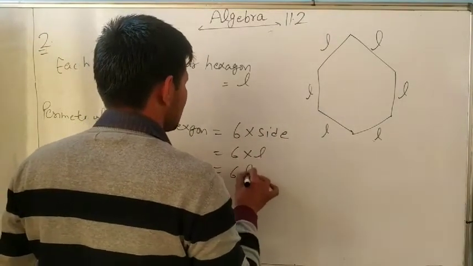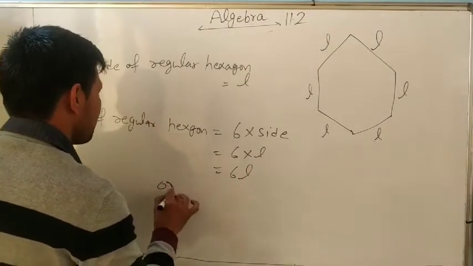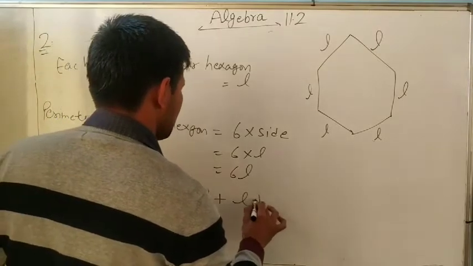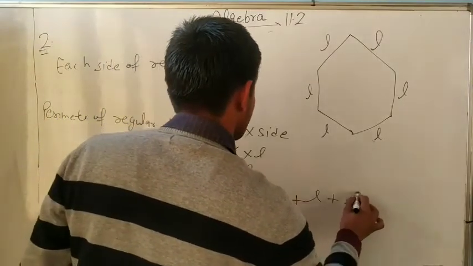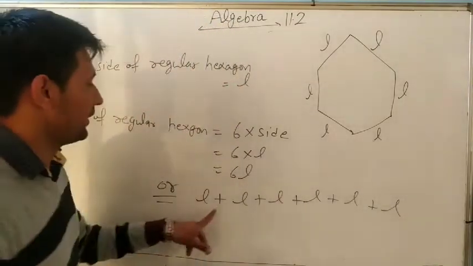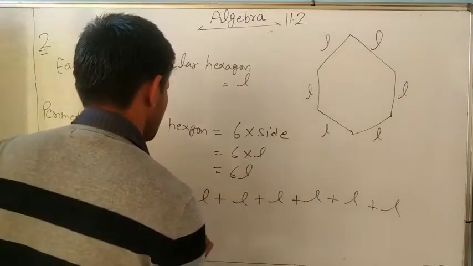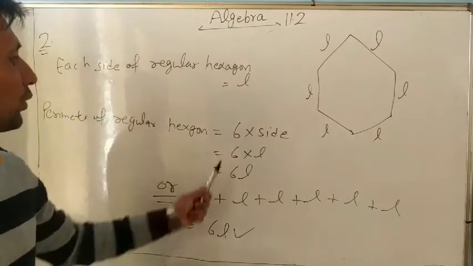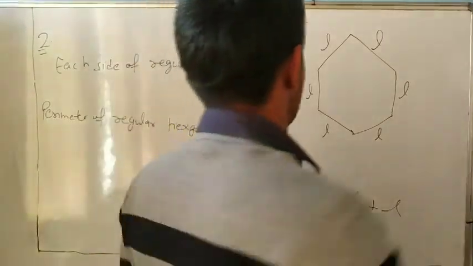How much is the perimeter? 6L. Otherwise, how will you find the perimeter? Sum of all sides: L plus L plus L plus L plus L plus L. How many L? 1, 2, 3, 4, 5, 6. The answer is 6L, so 6 into L. So both are right. Understand? Next is